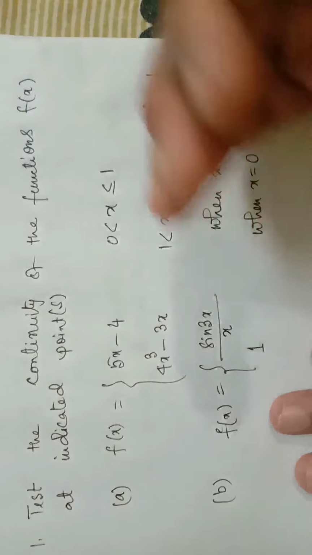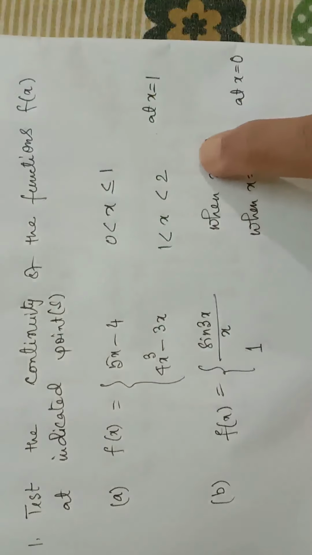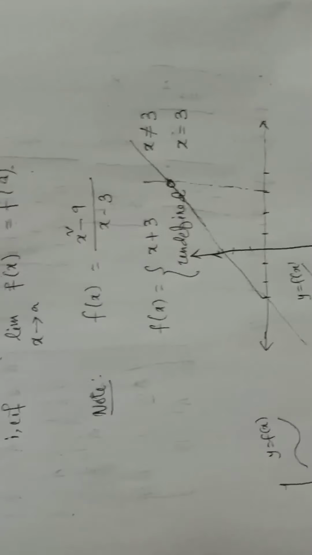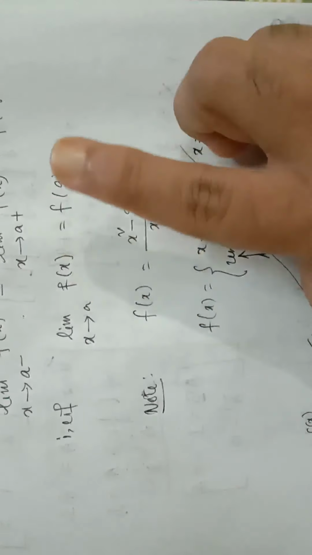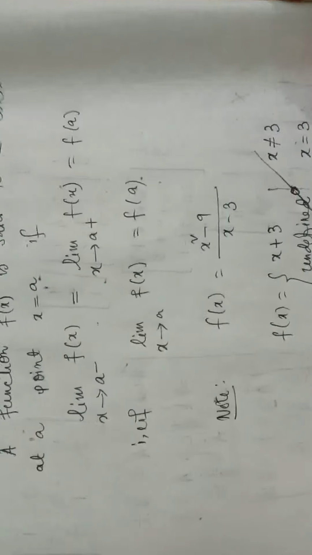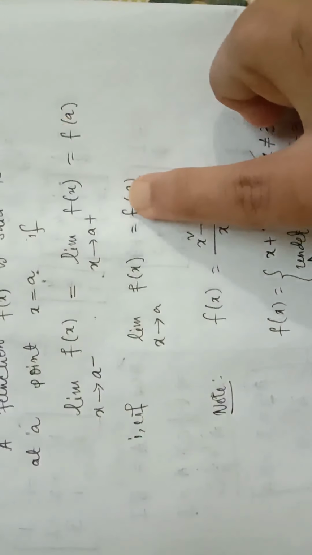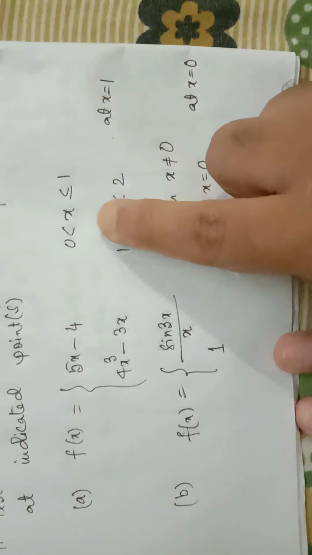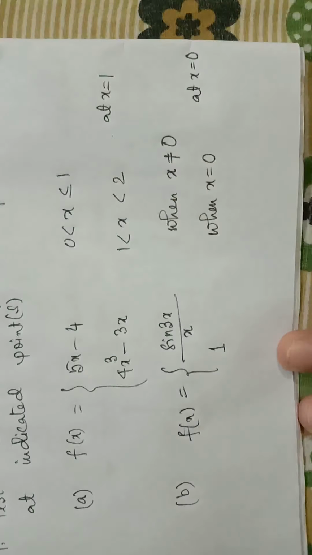So when a function is given in split form, we use the first form of the formula, and when a function is given in this form, equal to, not equal to, we use the second formula. We just find the limiting value and the functional value, and check whether they are equal or not. Both are the same, but we call this the first form of the formula and this the second form. We use the first form in split form, and the second form when it is given as equal to, not equal to.